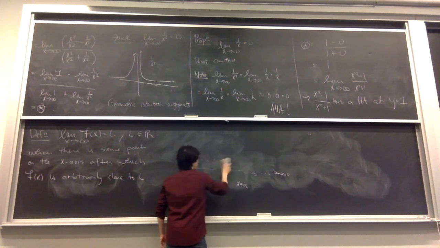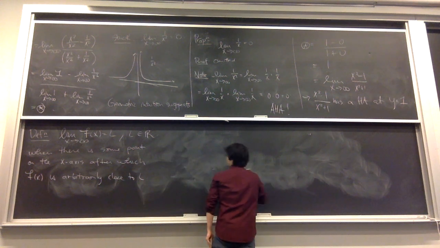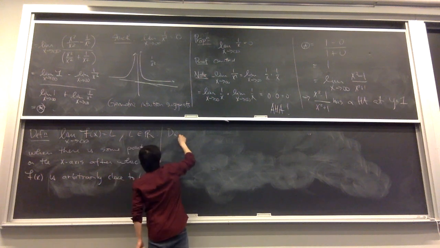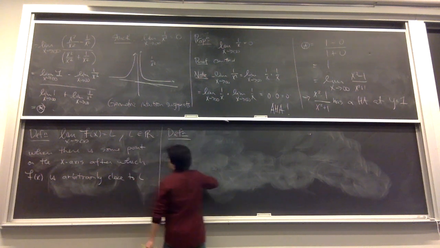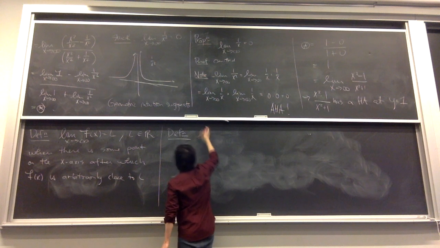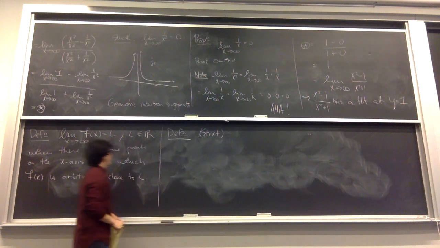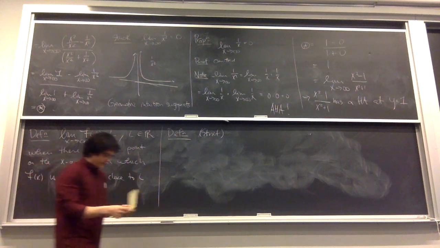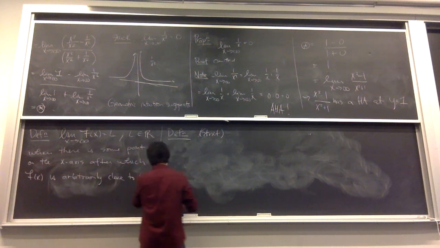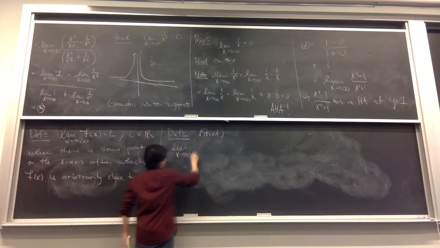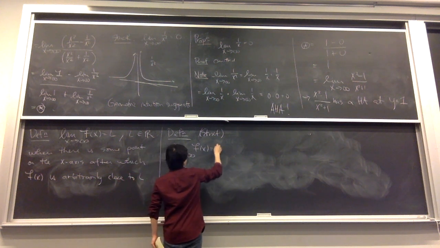But I'm going to give you the strict one now. Maybe that will make a little bit more sense. So, strict definition. I don't know why we don't show you these, because I think these are more sensible than the English descriptions, but whatever. So strictly speaking, the limit as x goes to infinity of f of x is L,